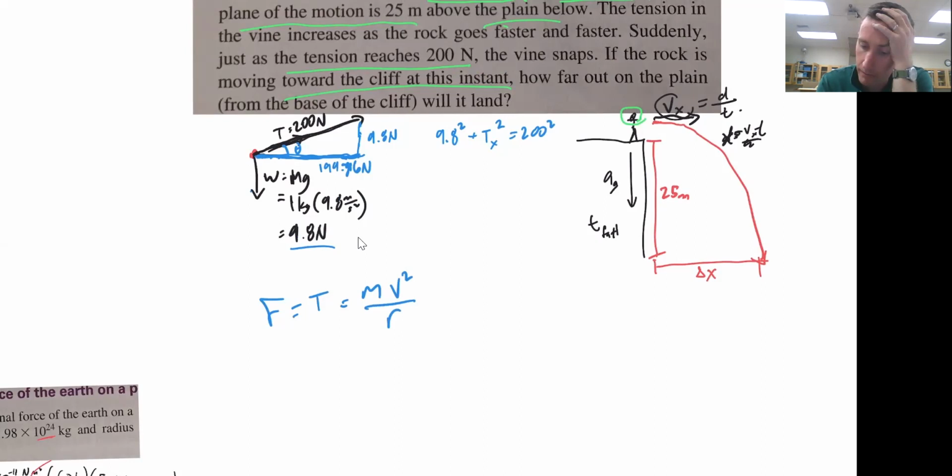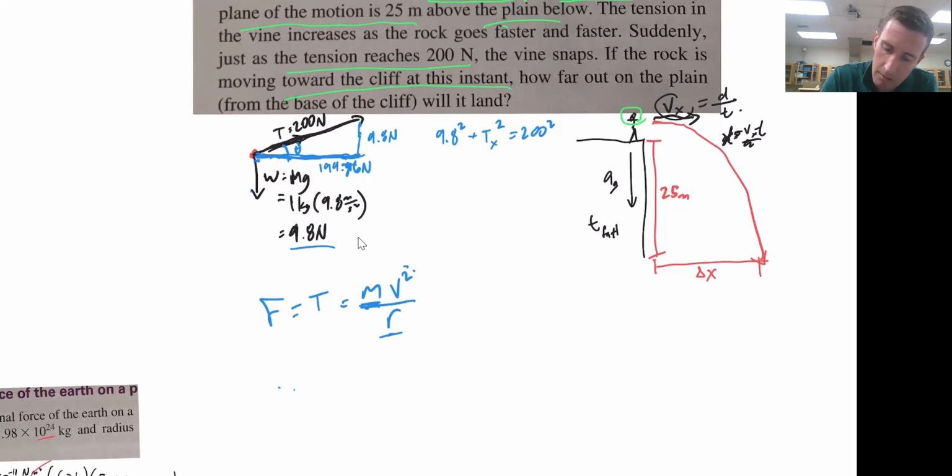The v is what I'm solving for. The mass is of the rock. The r is the length horizontally of that circle. So if that's in proportion to the tension component, that angle should be the same for the forces as it is for the lengths, then I could do,